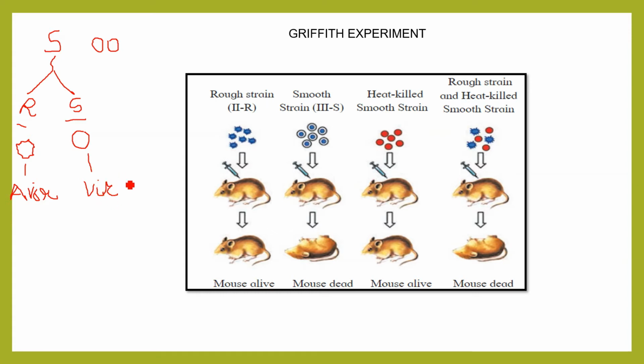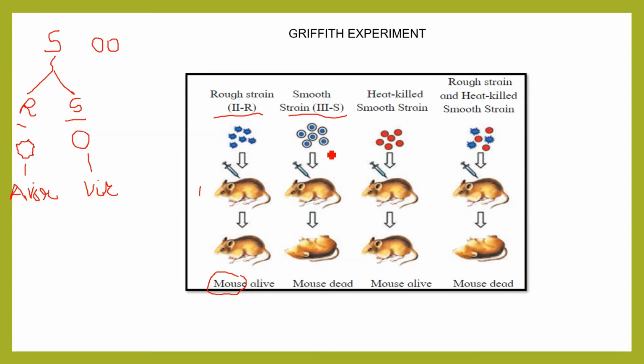Now what did Griffith do? Griffith considered the organism, that is the mouse. He took this mouse and started with the experiment. He took four types of mouse. I can say that he concluded his experiment in four ways. In the very first mouse, he injected the rough strain, that is type two, into the mouse. In the second mouse, he injected smooth strain, type three. This two, three actually denotes the type.